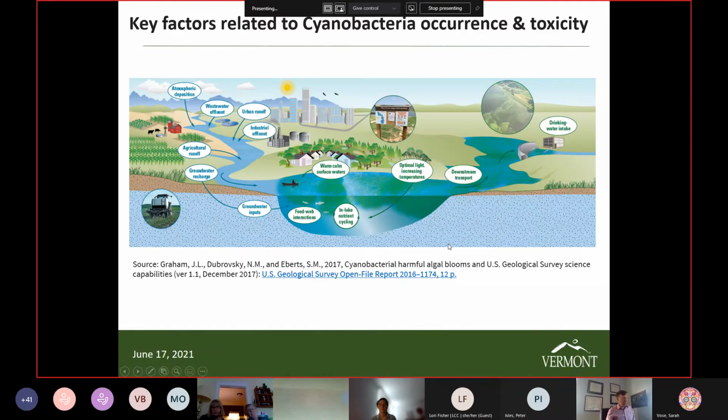And so this is a nice graphic that shows here in the center what a cyanobacteria looks like in a body of water. And over here on this side, you see some of the sources of those nutrients that we're trying to reduce. More common in Vermont are non-point sources like agricultural runoff. We have a bit of urban runoff, or runoff from impervious surfaces, particularly when there's storms and lots of precipitation and water flowing down streets and into our water bodies. We are also managing wastewater effluent.